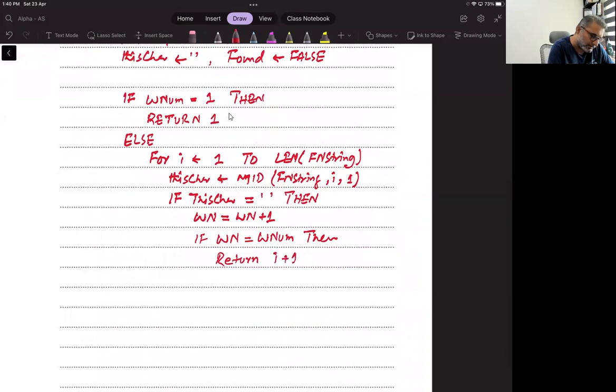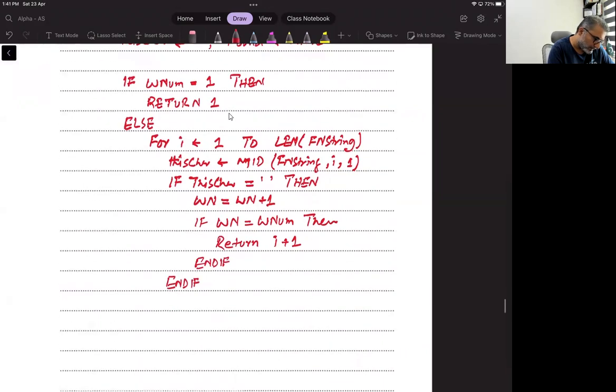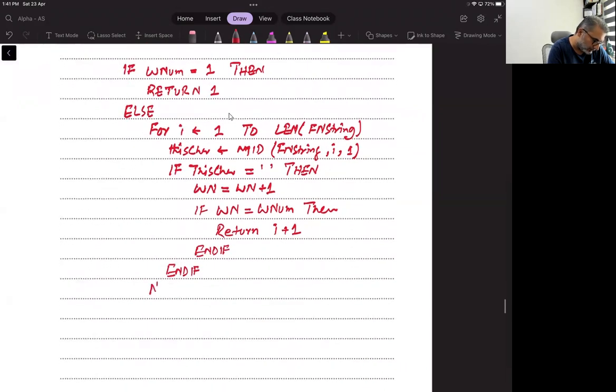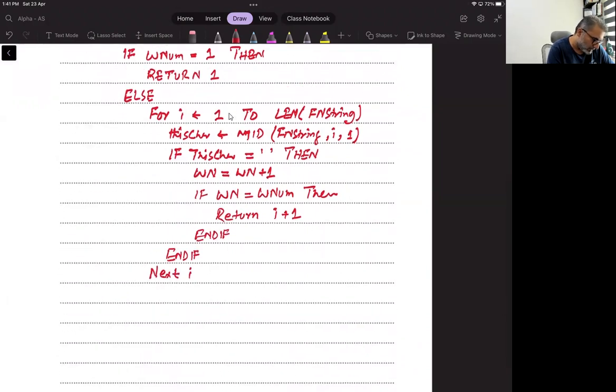The next character will be the next word's first character. And if next I. Okay,